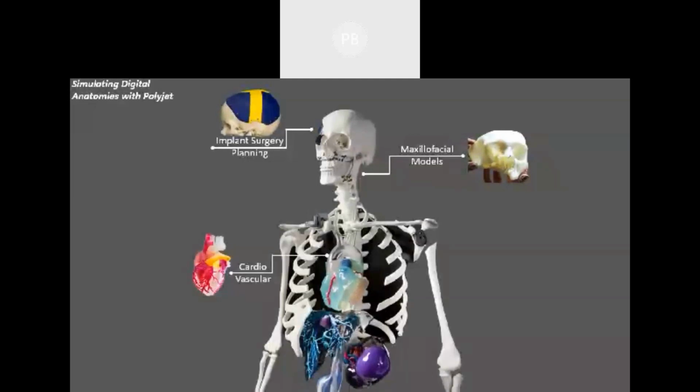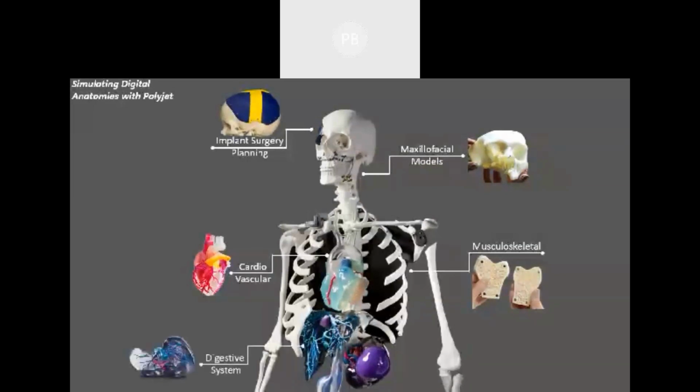Then cardiovascular, the heart surgery doctors, they use it for locating the exact blockage or exact things for the heart surgeries. Then the musculoskeletal, those who are developing the bone segment, those who are using the bone part, they use this kind of model for developing. Then neurologists or the digestive system, the kidney-based doctors or some digestive intestine-based surgeries can be done. Then the urology people can do direct 3D printing.